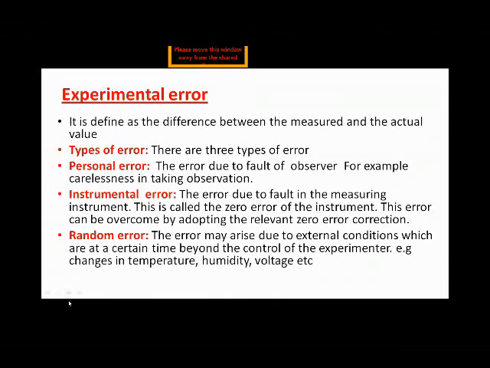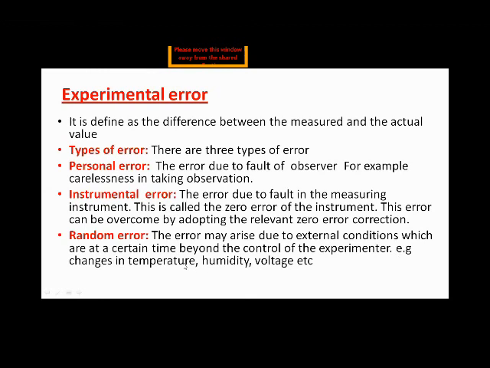Now, the third one is the random error. Random error is the error which arises due to environmental or external conditions, which are at a certain time beyond the control of the experimenter.